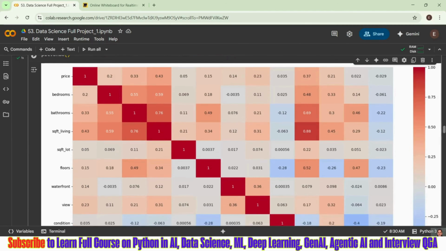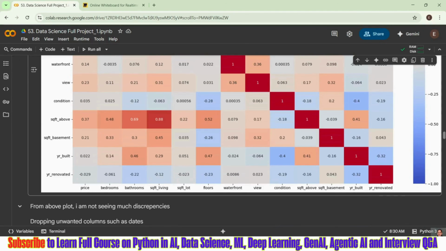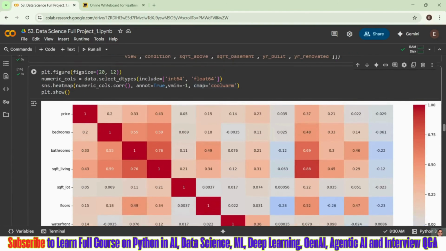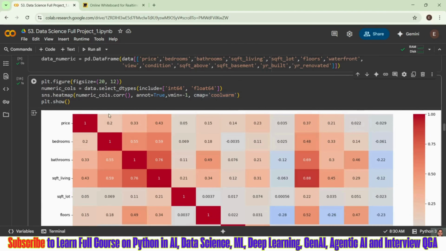Then we have, I think, these few which have a strong correlation with price, because price is our target column. We are seeing which ones are related to price a lot, which are directly affecting price.